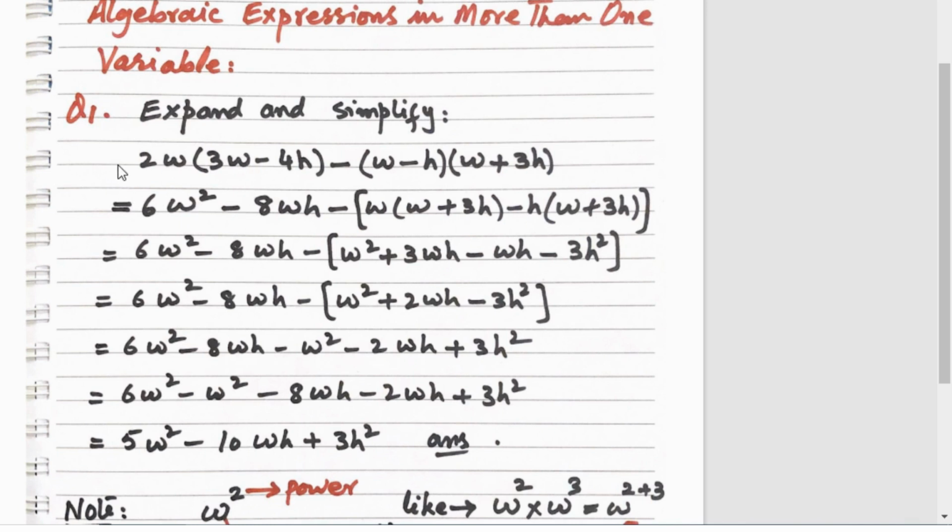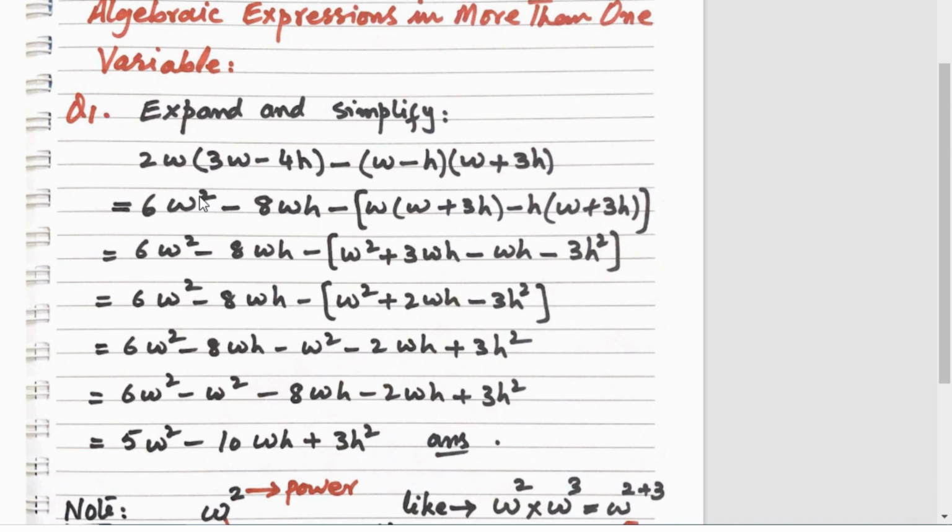Minus. Why minus? Because there is a plus with 2w, understood. When there is no sign, there is plus. So plus into, because of this bracket, I am again saying into. Plus into minus is minus according to algebraic rules. 2 multiplied by 4 is 8. W multiplied by h is wh, as these are different variables. It will be written side by side. When variables are the same, their powers are added, the variable is written once and the power is written at the top. I have shown this